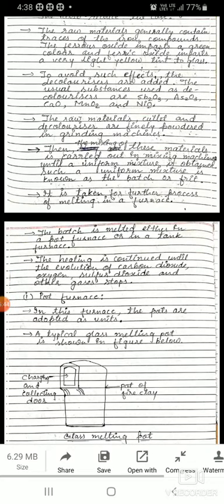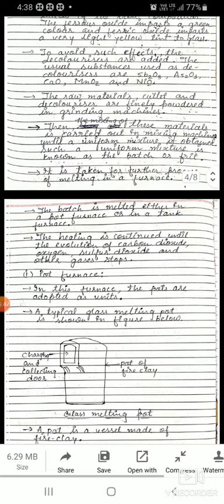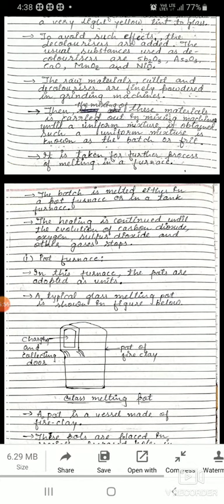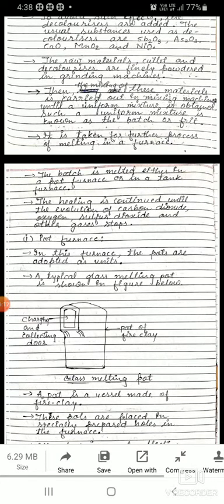The raw materials, cullet and decolorizers are finally powdered in grinding machines. Then the mixing of this material is carried out in mixing machines until a uniform mixture is obtained.